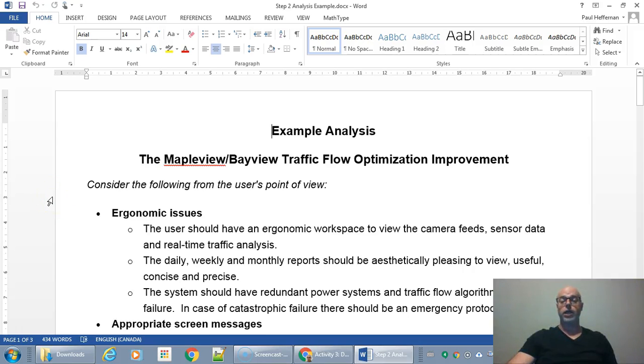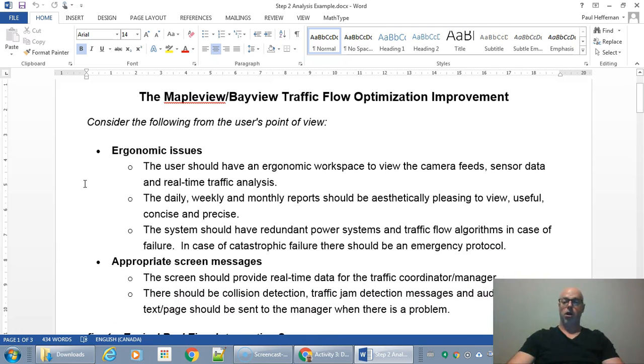Mr. Hefferney here, and here's an example, an overview of the problem analysis document that you have to do for our CCT, our software development CCT. One of the things that you need to do is talk about ergonomic issues. For example, I was doing an example traffic light situation to improve traffic flow at an intersection in Barrie,